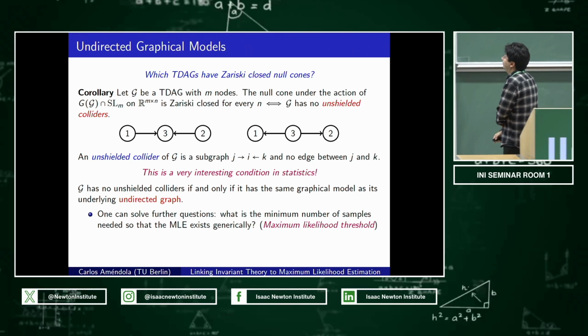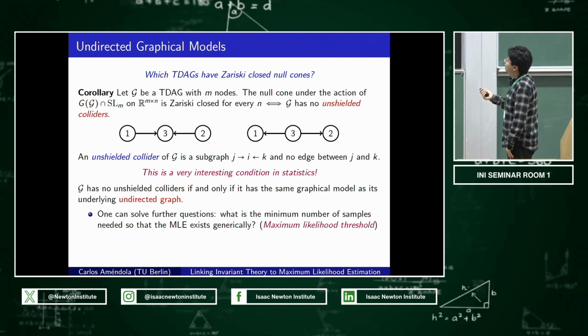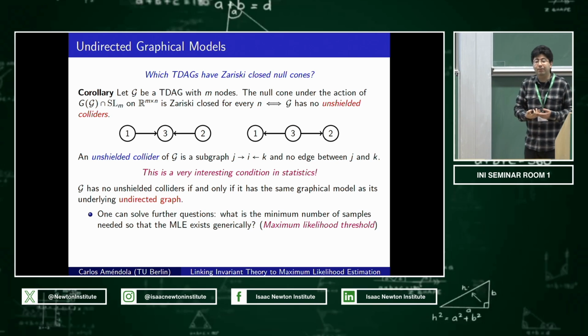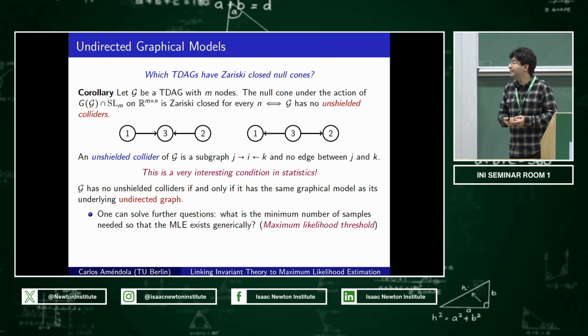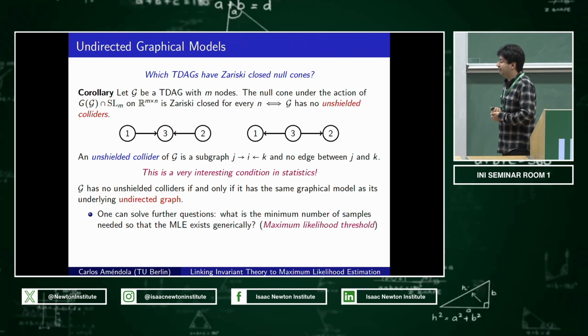Okay, so there are more things that one can do. A very interesting question is, what is the minimum number of samples that one needs so that the MLE exists with probability 1? This is called the maximum likelihood threshold of a model. And it's non-trivial to answer this in general. And for graphical models, this is very interesting because,